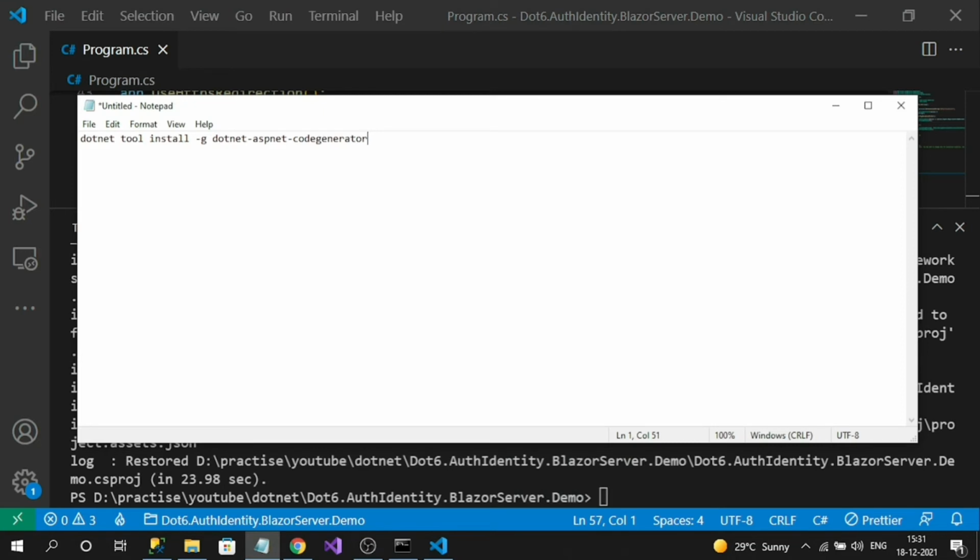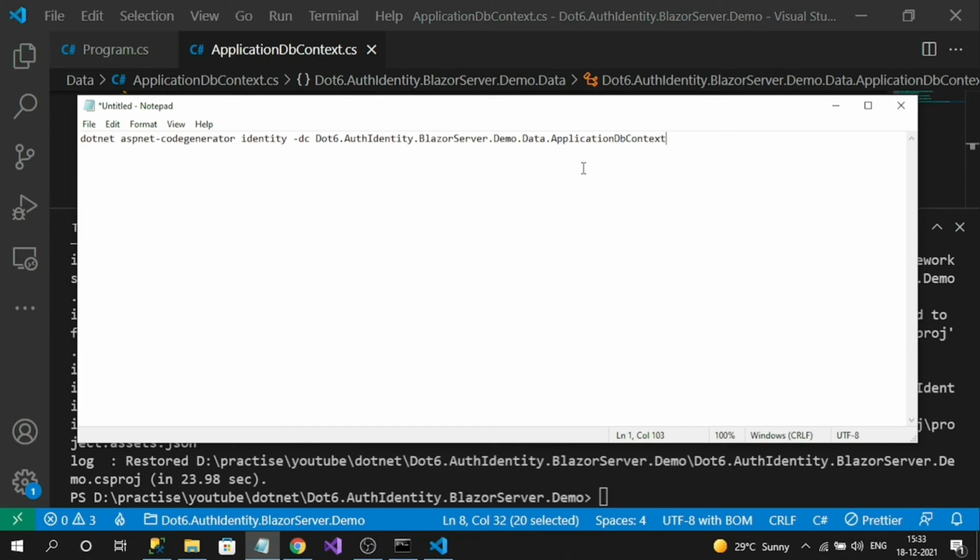And the second step is we have to install a tool, that is a .NET tool, globally. To install it, you can open command prompt anywhere, not specific to any folder. This installation command will install globally into your system. So we have to run dotnet tool install -g, where g means global installation, and install dotnet-aspnet-codegenerator. This is the global tool that helps to generate the files of our ASP.NET identity. Please install it globally. This is the second step.